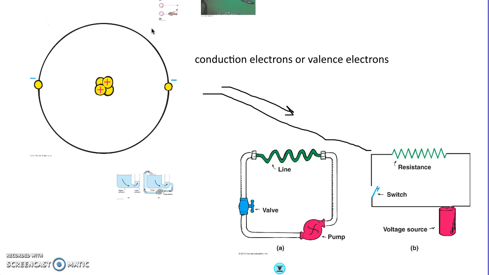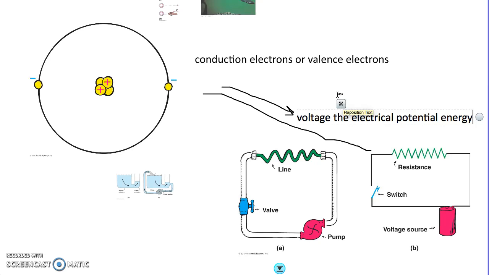But now the question is, what is this pressure? Well, this pressure is what we call voltage. So voltage is basically the electrical potential energy that builds up like in a battery and causes the pressure difference, if you will, or the different level of electrons that causes the electricity to flow